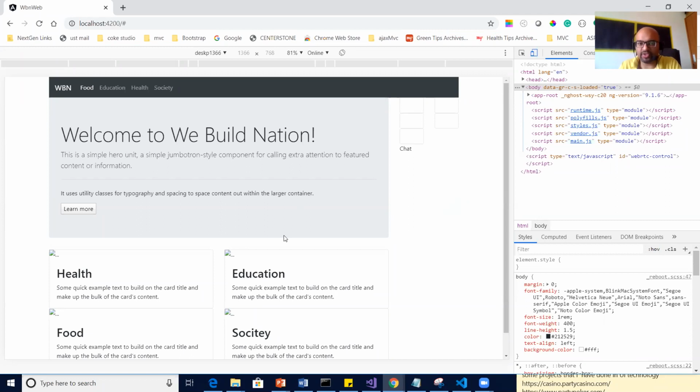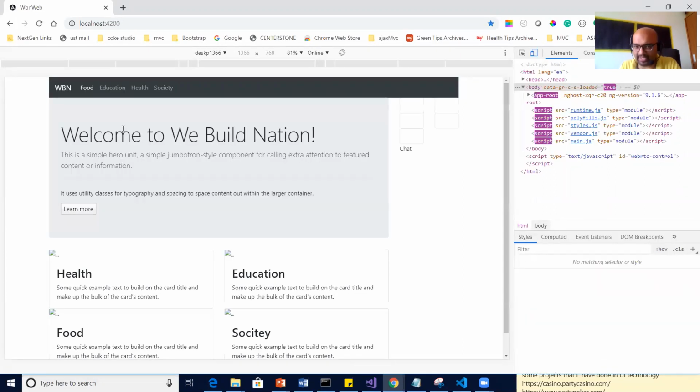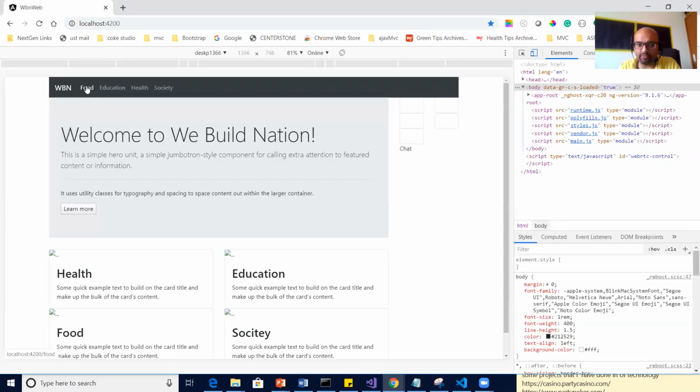So we straight away jump on the tabs. Now food has to get designed, education has to get designed, health, society. Similarly to the way we designed our home page, we need to put food and education first. I guess we decided food and education first, right? So someone please create, if you get time, an issue called food page design, and education page design.